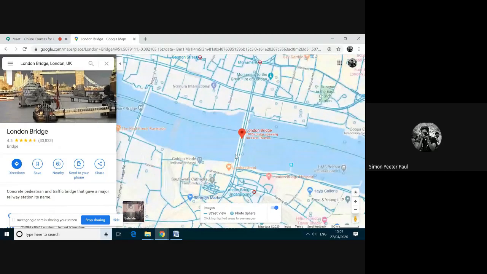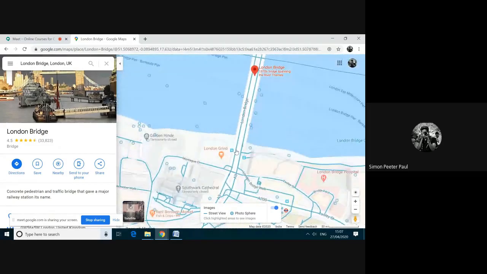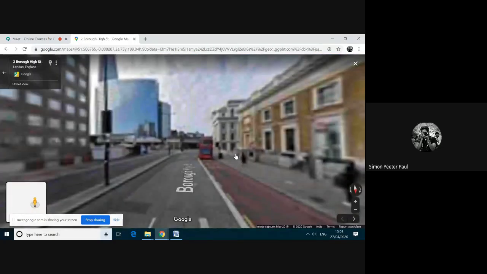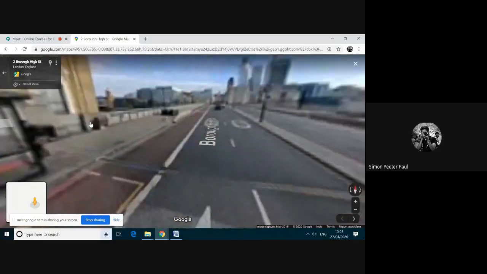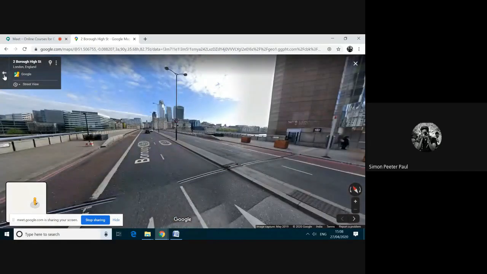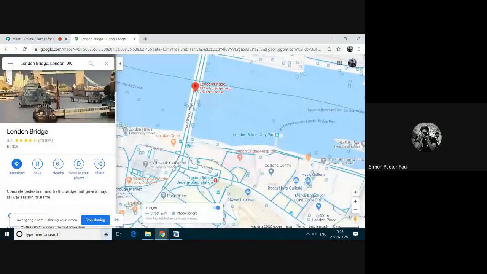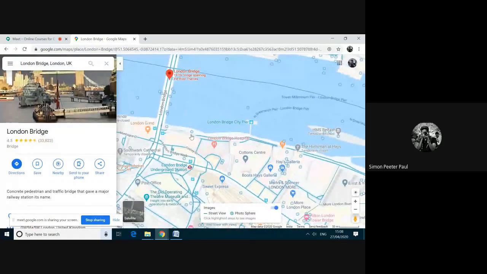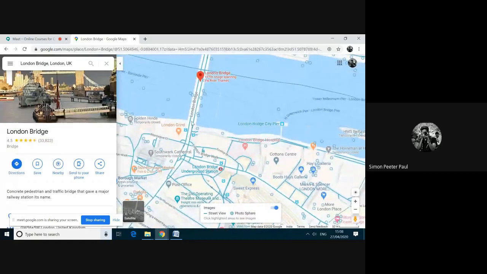Okay, let's walk on to the London Bridge. Yes, sir. Okay, I'm going to walk on the London Bridge. Yeah, this is the London Bridge. Oops. Wait, I missed the route. Okay, let's see the London Bridge. Okay, let's stand on the London Bridge.